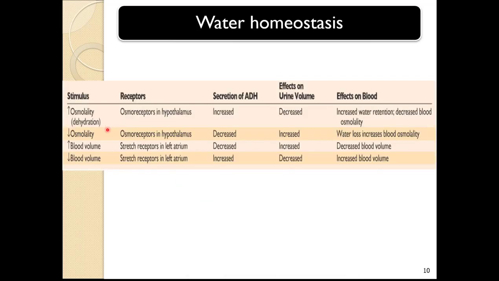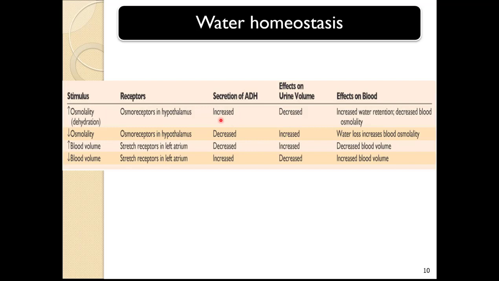Now, here are some things that you should also understand here. Let's take a look at what happens in the blood, a stimulus from the blood, and the effect that it has on the secretion of antidiuretic hormone. If you have high osmolality of the blood, that's what this is talking about, which should indicate to you that someone is dehydrated. What is that going to do? You should understand, like for a test question, for instance, what that does to the secretion of ADH. In this case, because we have high blood osmolality or osmolarity, this is going to increase the secretion of ADH